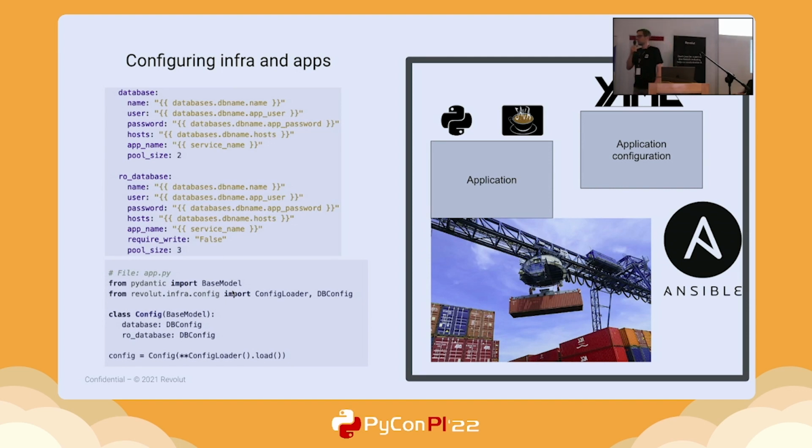A little bit more complex case. In some cases, we can have a separate configuration for databases. So let's say a database connection might require a name of the database, a user to connect to the server, password, port, application name, and so on. We might, of course, have several different configurations. Let's say one is used for the master replica, another configuration only for the read replica.